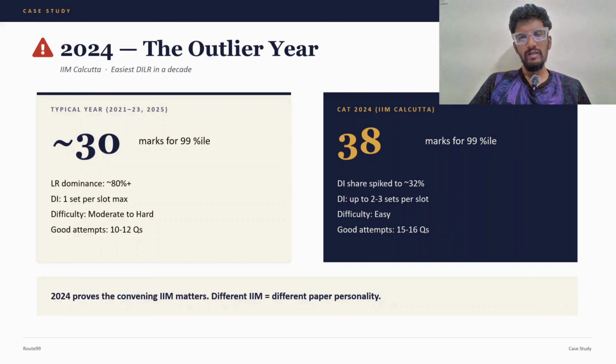So guys, whenever the situation happens where the convener changes, the paper pattern, the quality of students who are appearing for the CAT, and most importantly, your aptitude and attitude change a lot, right? So in the CAT exam, the convener matters a lot, because different IIMs have different personalities and they'll conduct the CAT according to their personality, and this personality influences the paper, right? So if you look at this slide, definitely take a screenshot of this, and then go to the official paper and see what scenario happened every year.